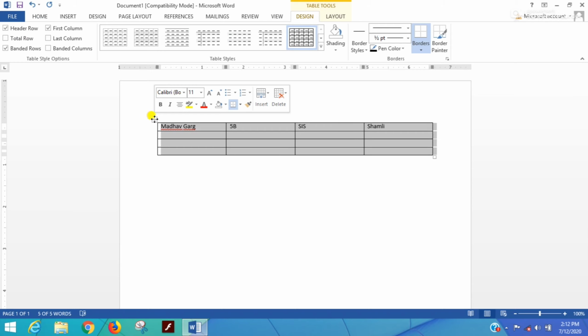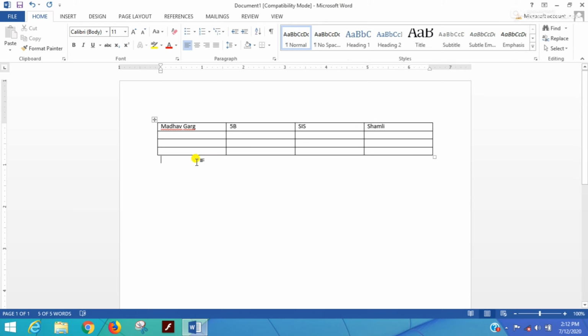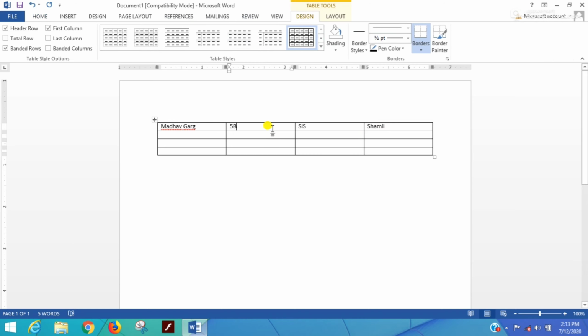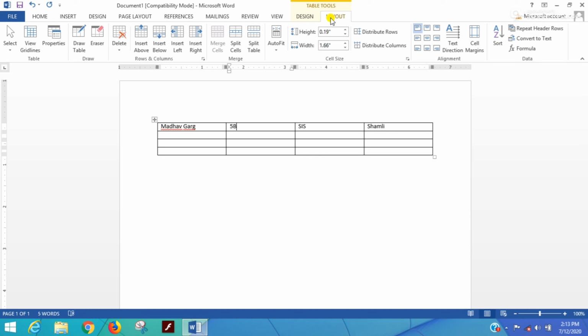Okay dear students, now I will tell you how to resize your table according to the data entered in your table. How can you decrease and increase the size of your table. You just have to click inside the table and then click the Layout tab.